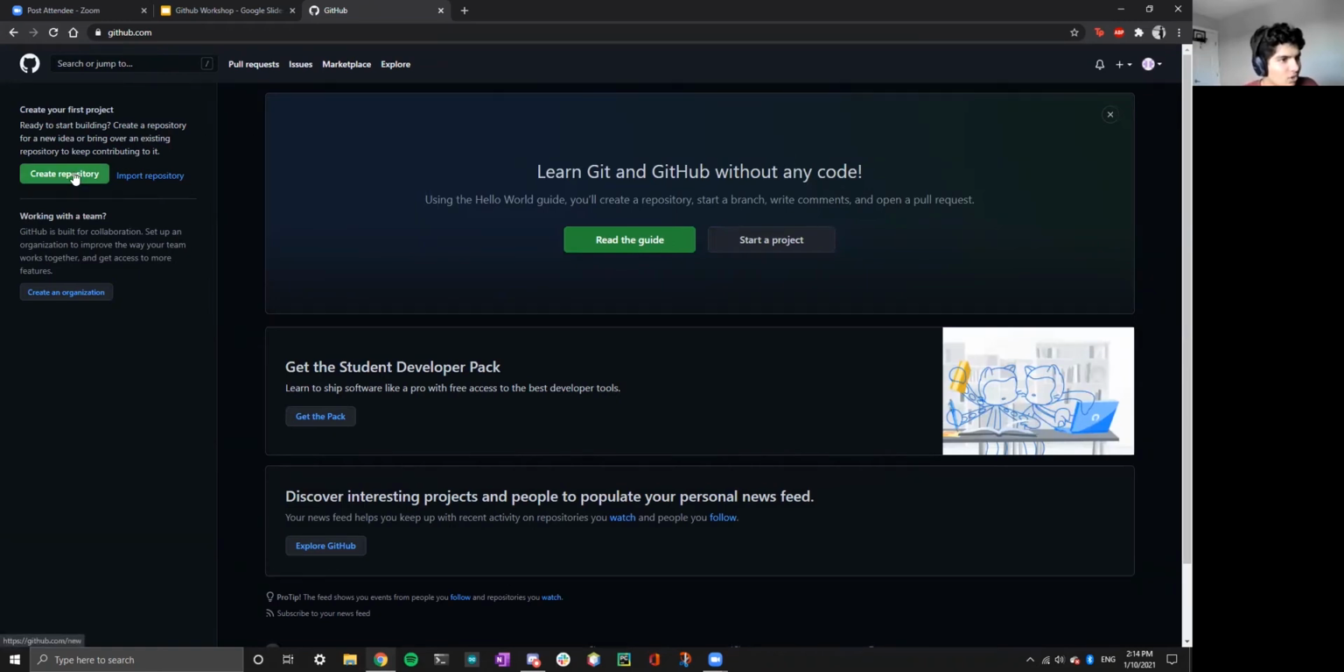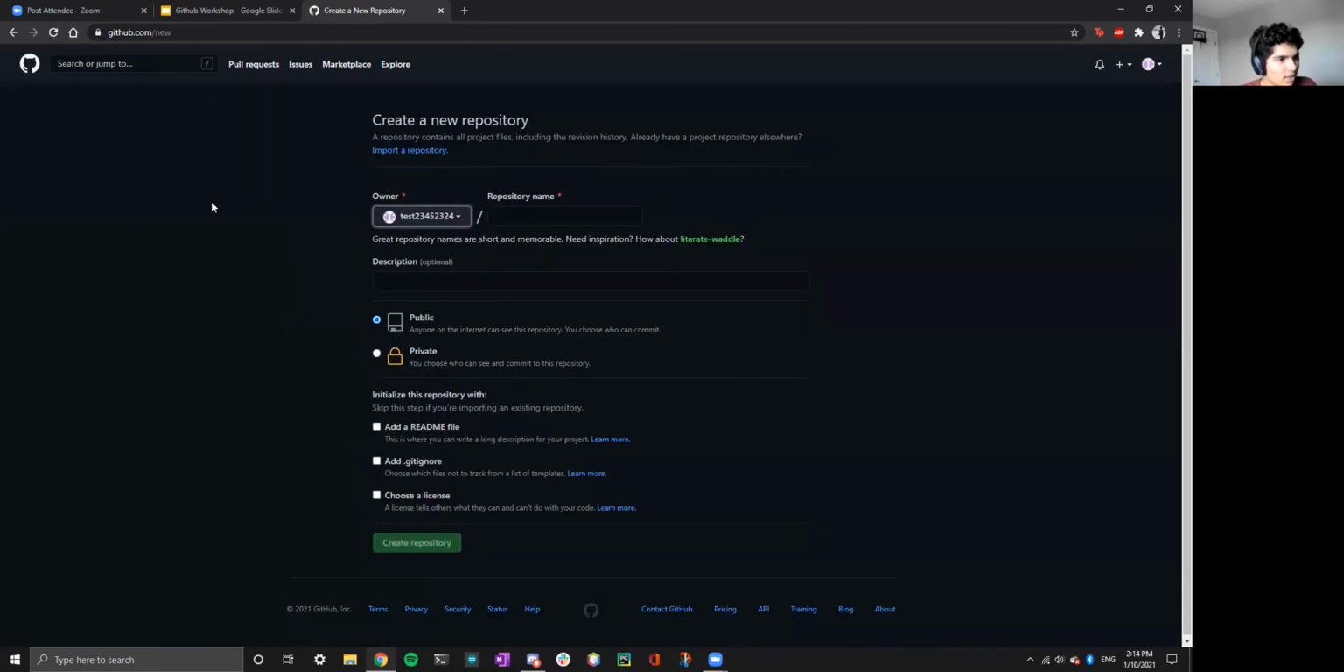Okay, so now we'll get into creating an actual repository. Sorry, let me just go back. All right, so this is the button right here. It says create your first project. So, create repository. And for the repository name, typically what I would do is name it something where you got to keep